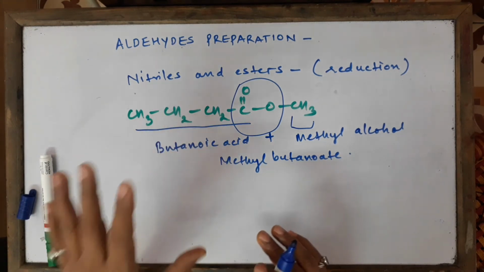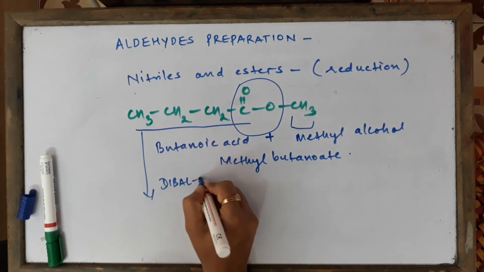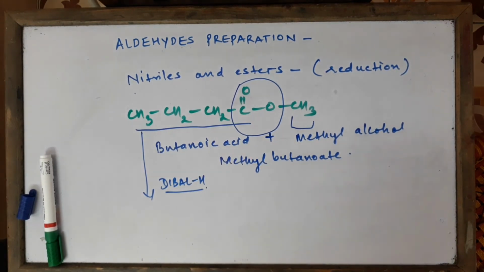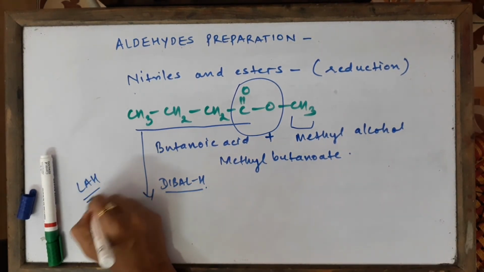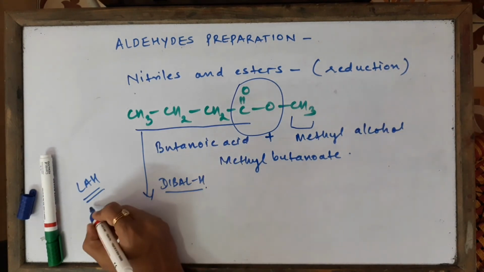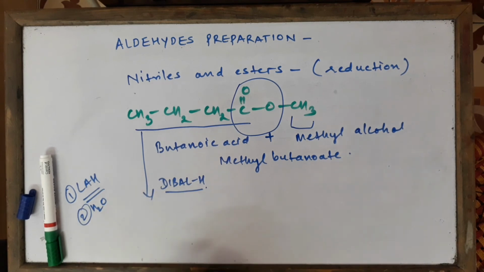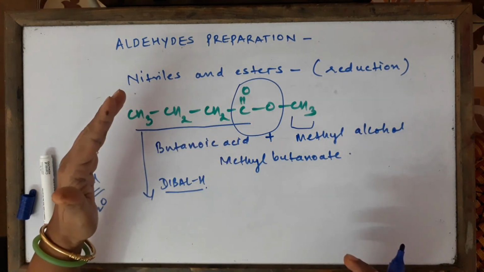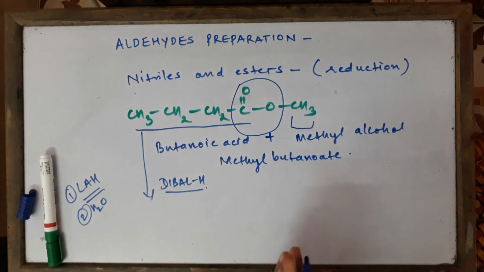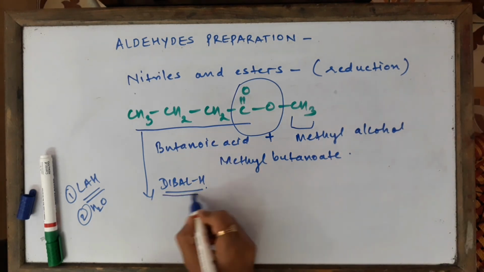So children, let's do the reduction of these esters using a special reagent, that is DIBAL-H. So when we add DIBAL-H, DIBAL-H is very good, you know. It's going to stop the reaction at the stage of an aldehyde, because if I use a very strong reducing agent like lithium aluminum hydride, step 1, and step 2 water treatment, then the reaction will not stop here. It will continue till the final reduction takes place, complete reduction takes place. But I don't want complete reduction, I want the reaction to stop at aldehydic stage. So that is why I'm going to take DIBAL-H.